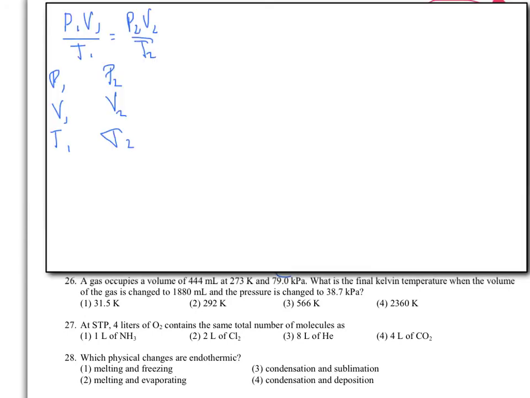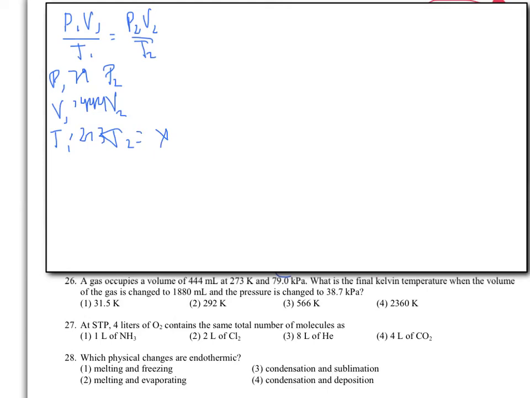So now let's use the same procedure to set up question number 26. In question number 26, we have an initial volume of 444 milliliters, and an initial temperature of 273 Kelvin, an initial pressure of 79 kilopascals. And we're looking for the final Kelvin temperature, so we'll call that X,